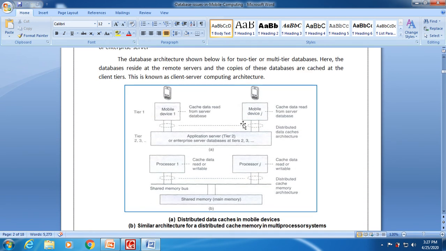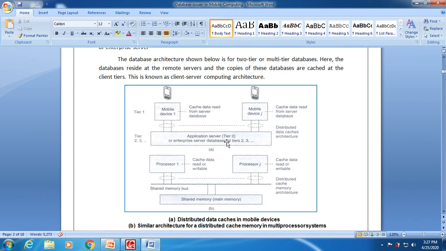In the same way, we are using client server computing. In this we are using one tier, two tier and three tier, a total of three architectures. This particular thing we are calling client server computing. Here the mobile device is called the client, and the application server is nothing but the server.